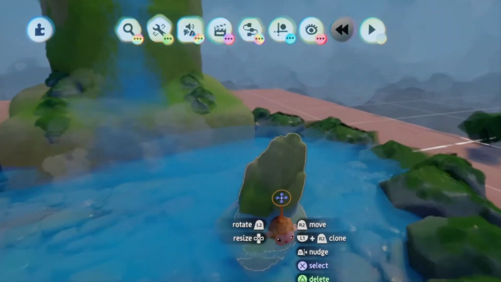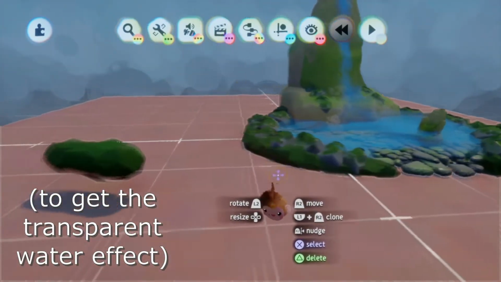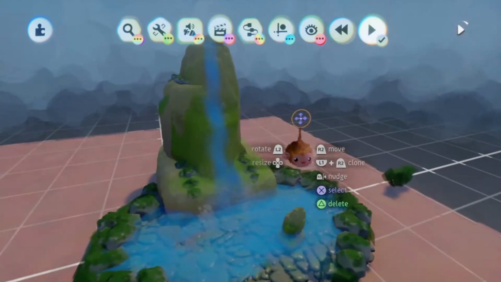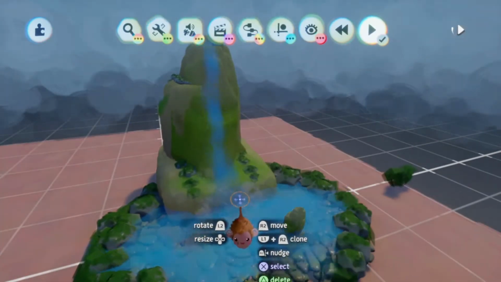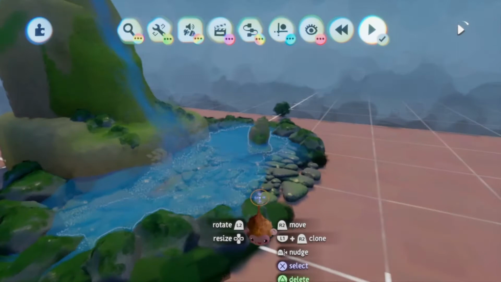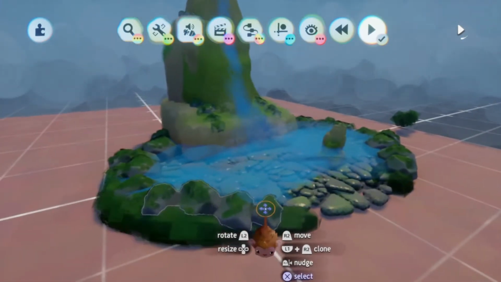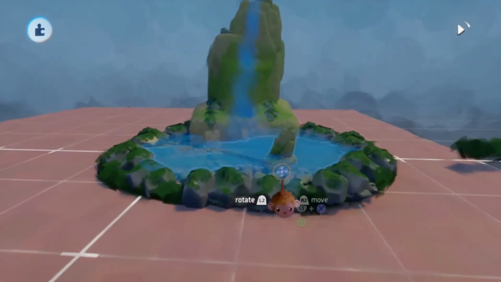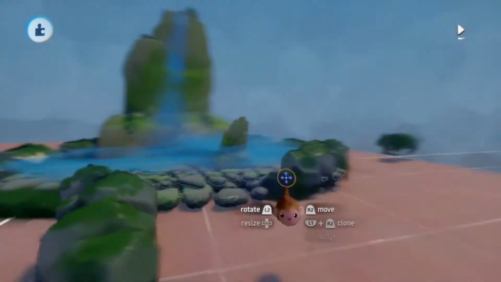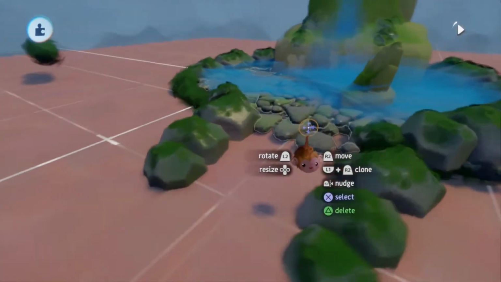Unfortunately, you can't create transparent objects, so you have to layer paint. What I like about this little pond is I got some flowing water, so you can see a little waterfall going down there. You can see the pond water, but I left it open so I can create a river. You can close it off by duplicating some of the assets I've created here, or go a step further, and I left it open in case I want to create a stream through the garden,